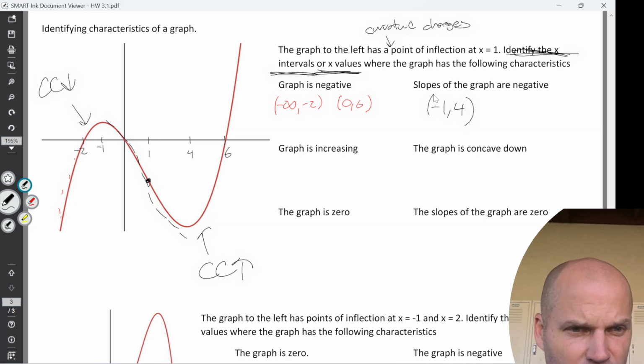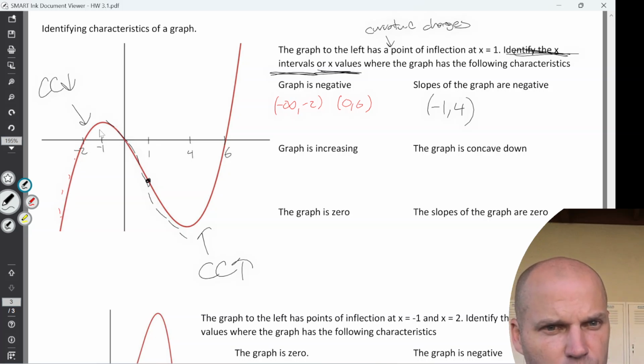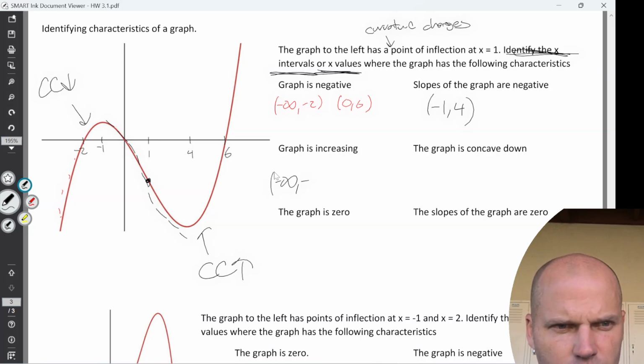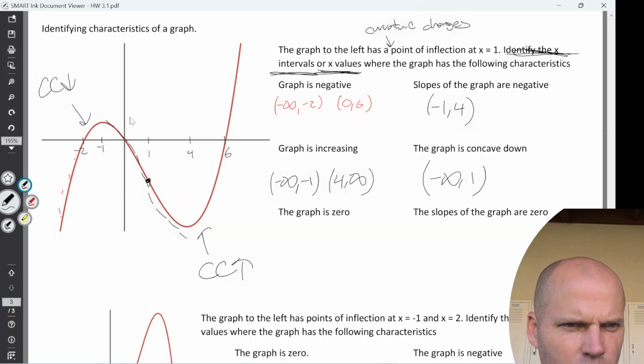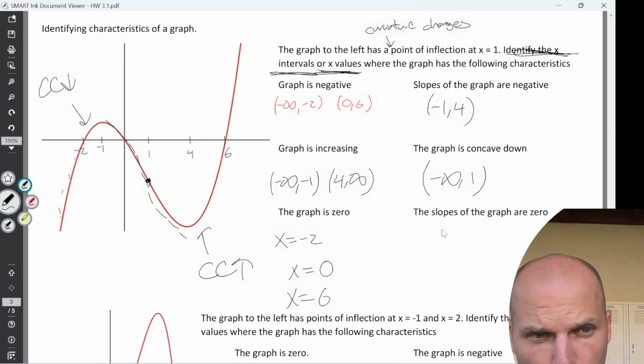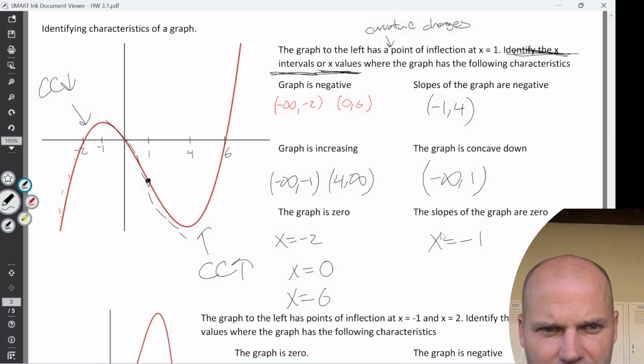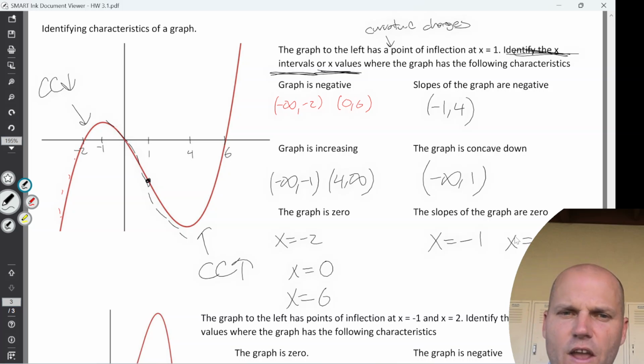Now the graph is increasing. Well, the graph is increasing when the slopes are positive. You can see from -infinity to -1 and from 4 to infinity. The graph is concave down from -infinity to 1. The graph equals 0 at -2, 0, and 6. But the slopes of the graph are 0 at -1 and 4. Very, very important in this class